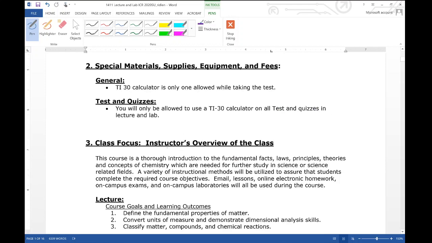In terms of the calculator you need, all you need is a scientific calculator. If you already have one, that's all you need. Don't feel like you have to rush out and buy a big fancy TI calculator. Just any scientific calculator will do. We're only going to allow you to use the TI-30 specifically, but as long as it's a scientific calculator, I'm okay with that. But we don't want it to have any programmable functions, so you can't use a graphing calculator.